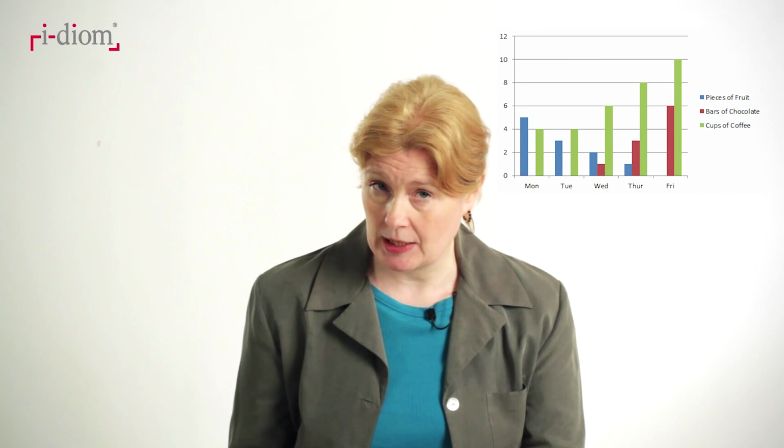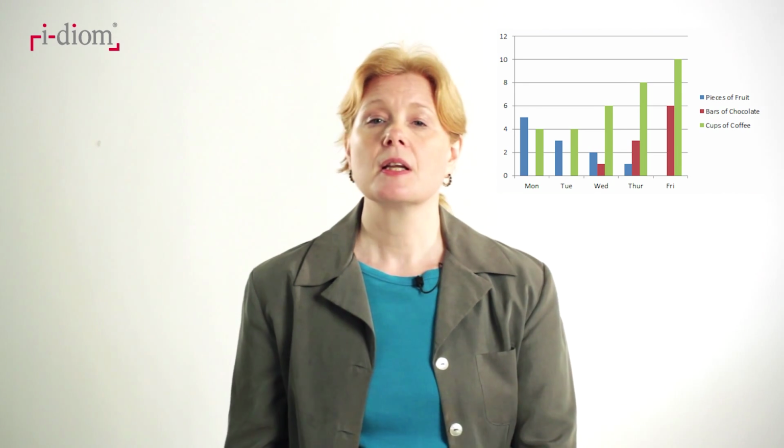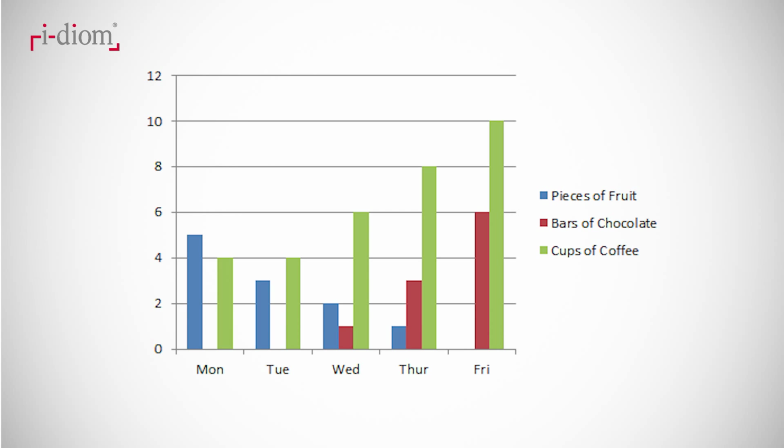A bar chart is used for smaller samples of data and may contrast 2 or 3 sets of data. Again, the x-axis shows the time scale, and the y-axis shows increases or decreases in sales or profits or other data, for instance. This example shows the consumption of different foods on different days.